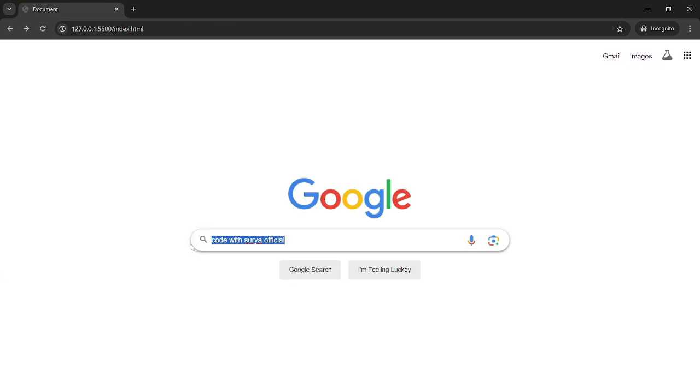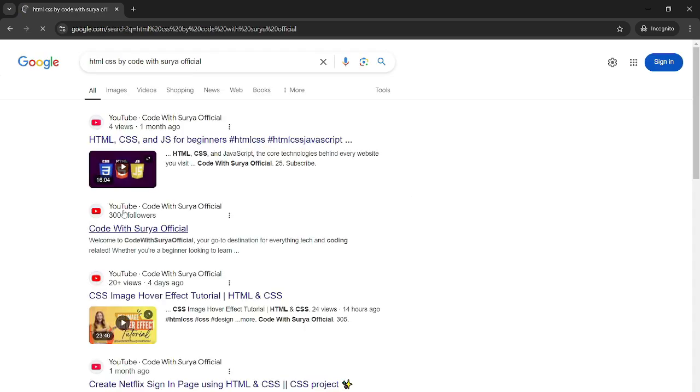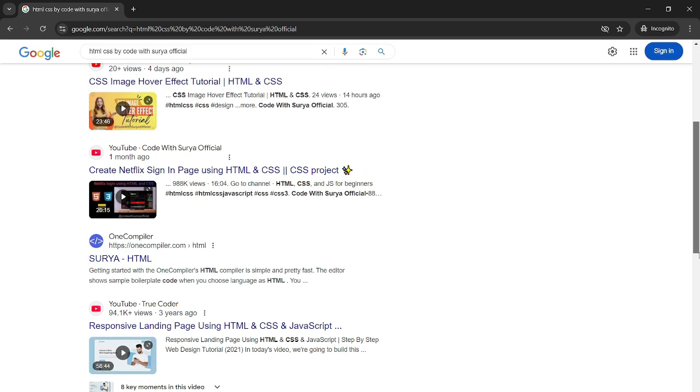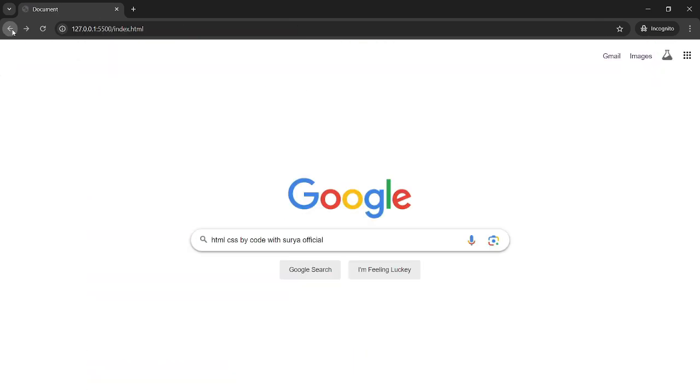Okay, so let's suppose if I am writing HTML CSS by Code with Surya Official, press enter, so you can see we have this HTML CSS JS for beginners video showing here also. In the below also you can see CSS image hover effect tutorial, and in the below, create Netflix sign in page. This is working perfectly.